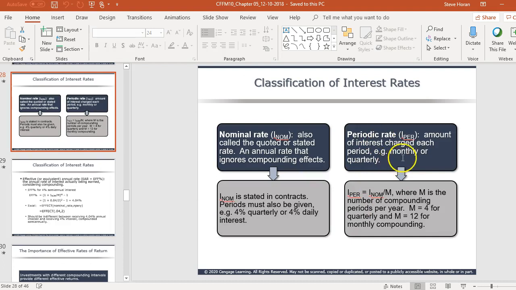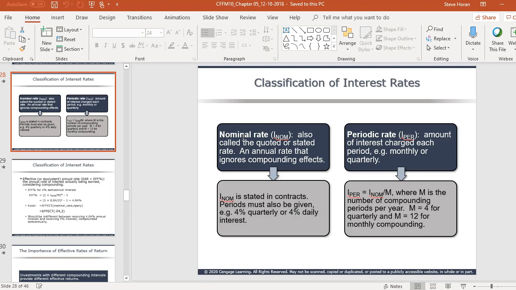Okay, so the periodic rate then reflects the compounding. Same thing with a car loan. Let's just say a bank offers a 5% car loan. That's going to be based on the nominal rate, which is annual. However, Mr. Banker is going to say, here's the loan, and you must pay us every month, right? So that annual 5% becomes some other amount when you factor in the compounding of